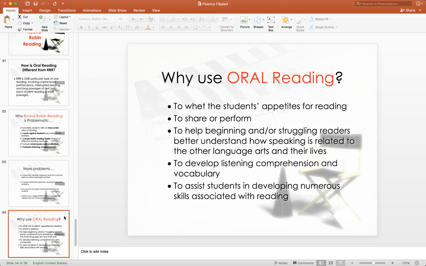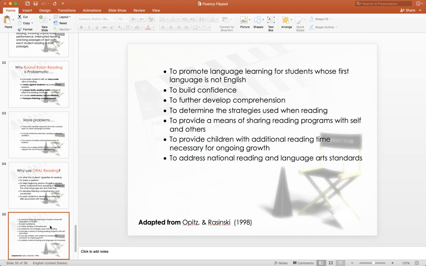It helps beginning or struggling readers better understand how speaking is related to other language arts in their lives. It helps develop listening comprehension, and it assists students in developing numerous skills associated with reading, including comprehension. It promotes language learning for those who are learning a second language. It can help build confidence, develop comprehension, help kids determine the strategies that they use while reading, provide a means to share reading programs with others, provides additional reading time, right, with a purpose, and it addresses national reading and